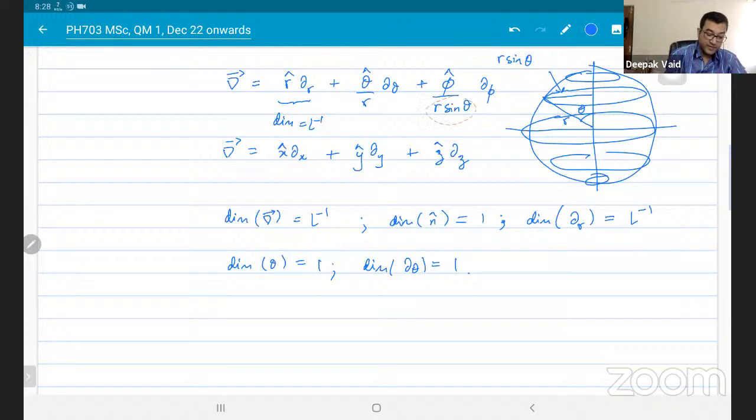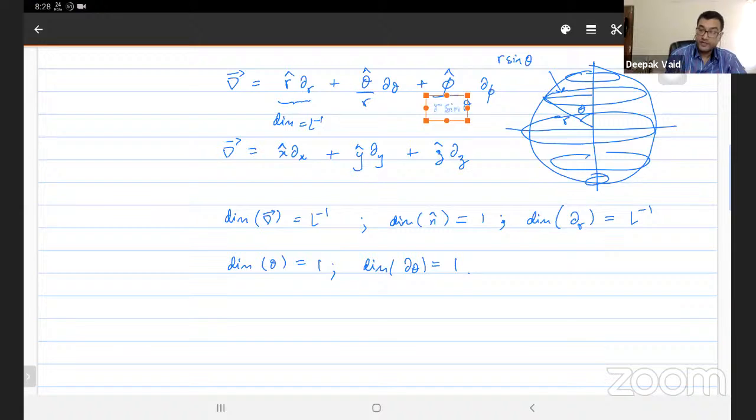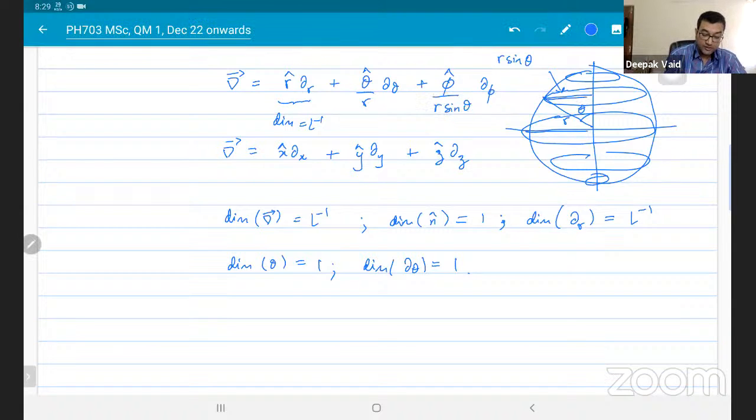So you have to divide by an angle, but which angle should it be? You have to divide by a radius, but which radius should it be? Should it be this radius or this radius? It has to be the radius at the correct angle. So it's r sine theta.